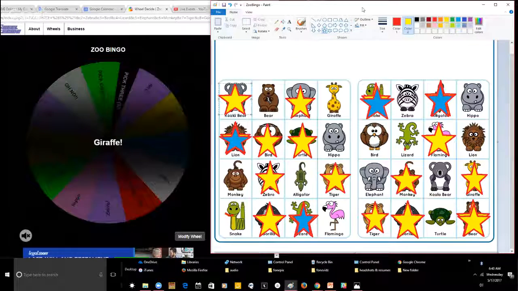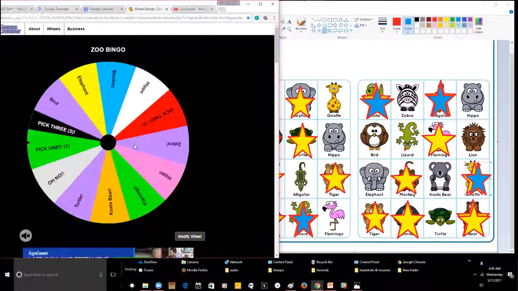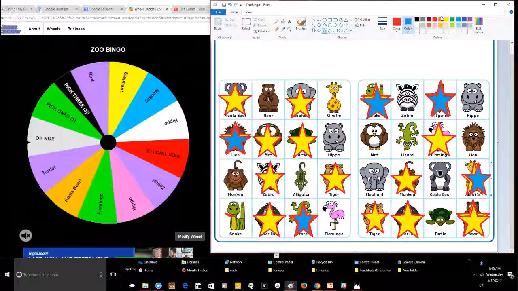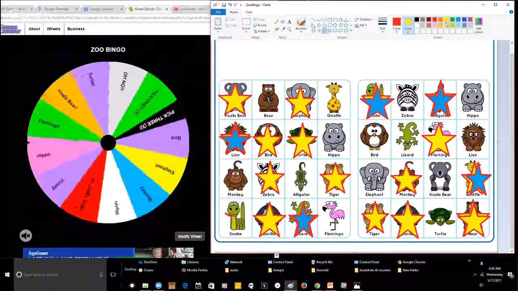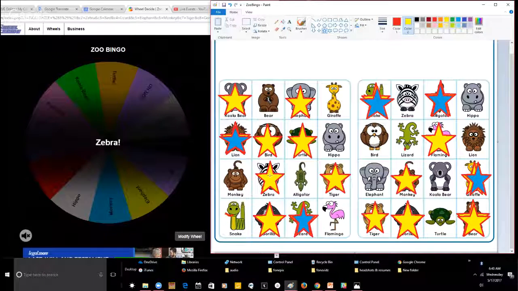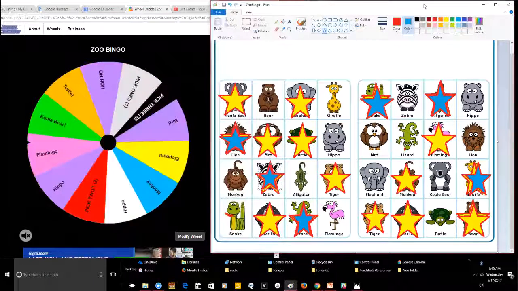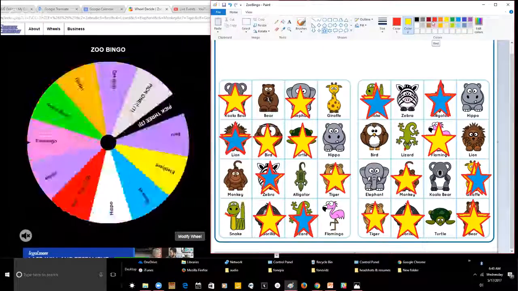Giraffe. Giraffe on the right. Giraffe's gone already on the right. Bink. Okay. Blue star again indicating I've actually hit that once before. Oops, blue star. Spinning the wheel here lands us on the left side for a zebra. The zebra on the left is gone already. So yeah, this is sort of going on longer than I would love, but I want to try and play it to completion,